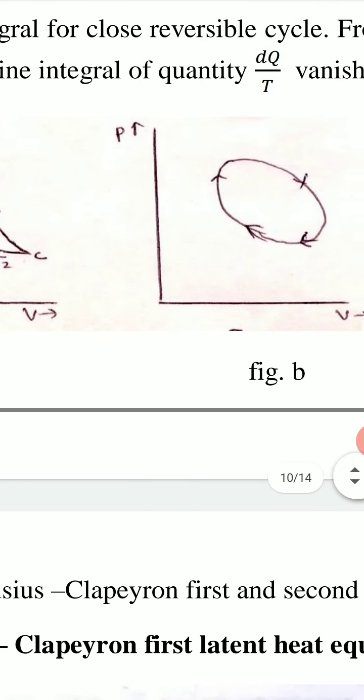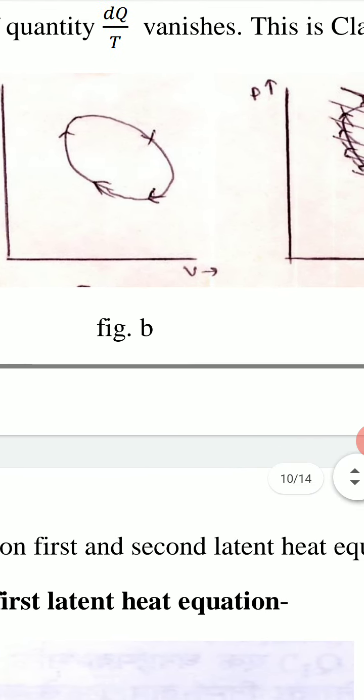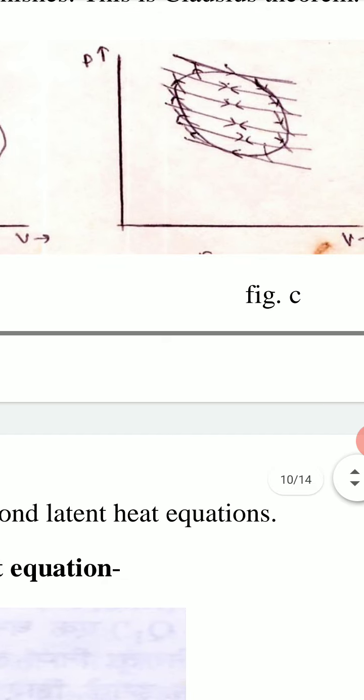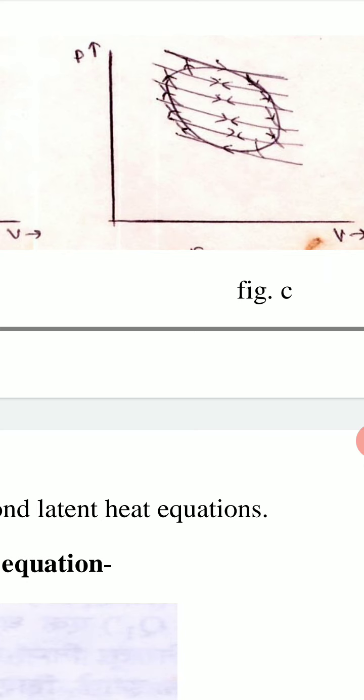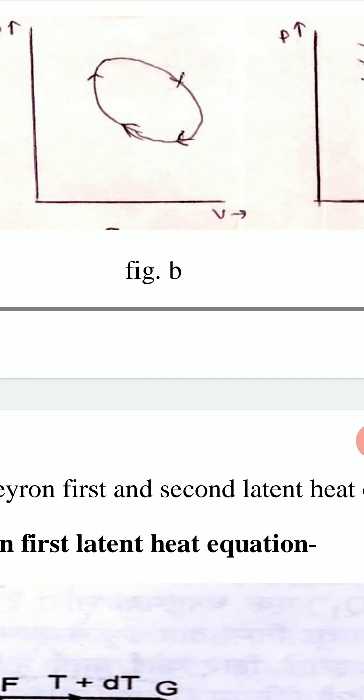Now we consider any other reversible cyclic process which is shown in this figure B. And if we draw many Carnot cycles as shown in this figure C, very close Carnot cycles in which temperature difference is very low, then we can see that all these Carnot cycles are equivalent to this cyclic process,